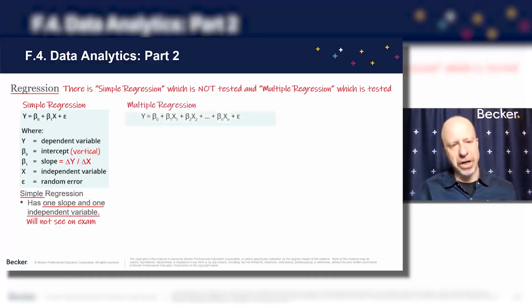So here's your multiple regression. It's the same formula. The only difference is if you look at the simple regression, there's only one term, one slope times